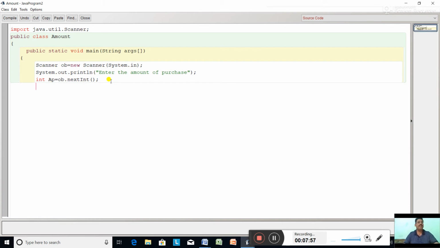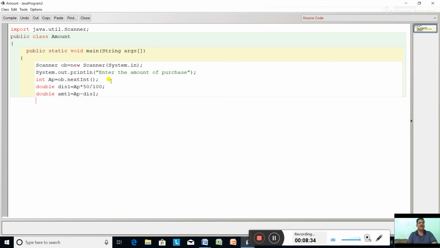Now find the 50% discount on this amount of purchase. So double discount1 equal to AP * 50 / 100. So this is the first discount. So what will be amount1? Double amount1 equal to AP minus discount1, that is the 50% discount.